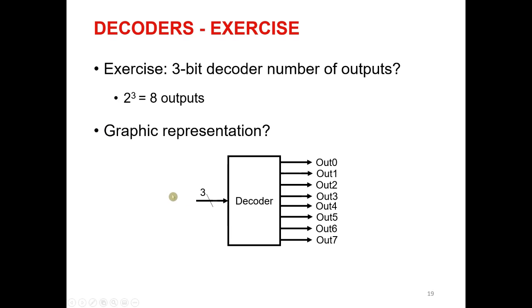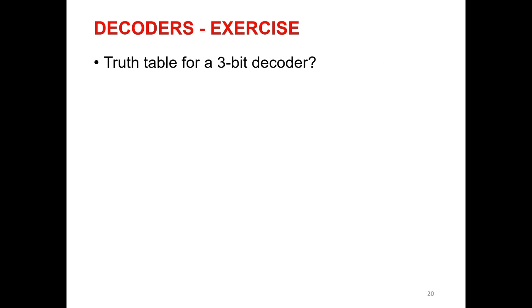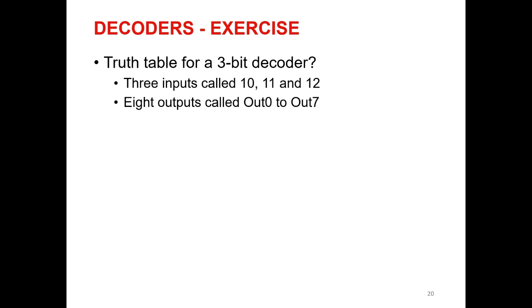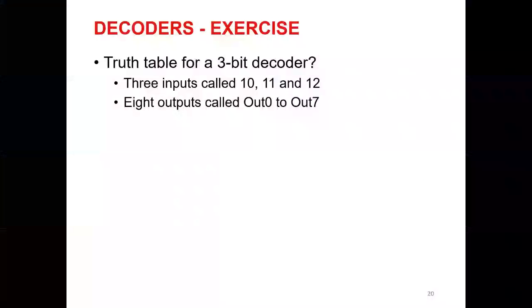If the input is 1, 1, 1, then I will have all the outputs 0 except for output 7, which will be set to 1. Okay? So what I ask you now is, what will be the truth table for this 3-bit decoder? Imagine we have 3 inputs called I0, I1, and I2, and 8 outputs called from out 0 to out 7. In this case, as the form doesn't allow us to have such a table, I have prepared